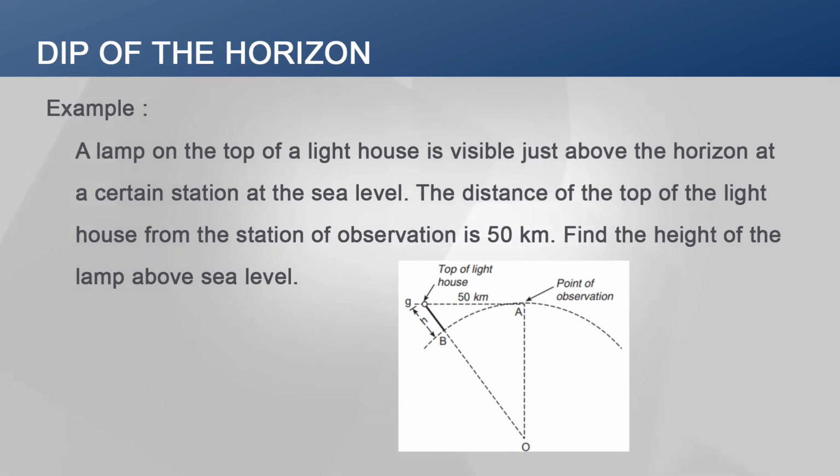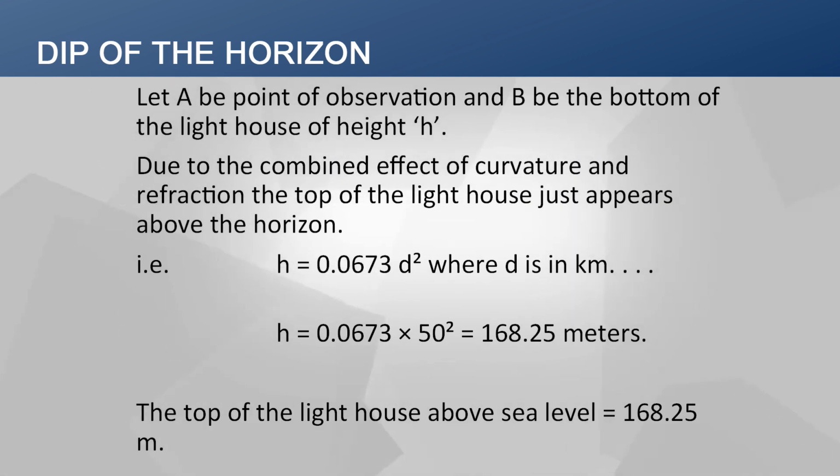above the horizon at a certain station at the sea level. The distance of the top of the lighthouse from the station of observation is given as 50 kilometers. We have to find out the height of the lamp above sea level. So, let A be the point of observation and B be the bottom of the lighthouse of height h. Due to the combined effect of curvature and refraction, the top of the lighthouse just appears above the horizon. So, h will be equal to